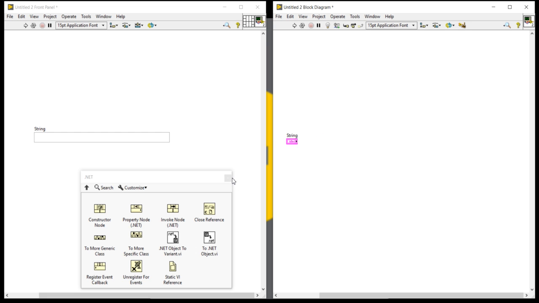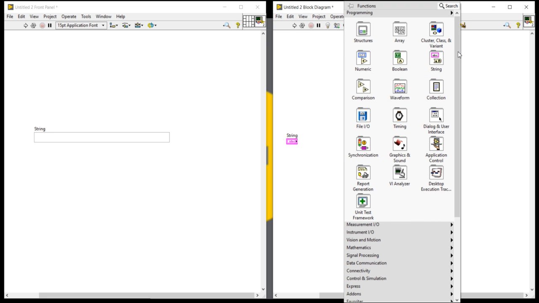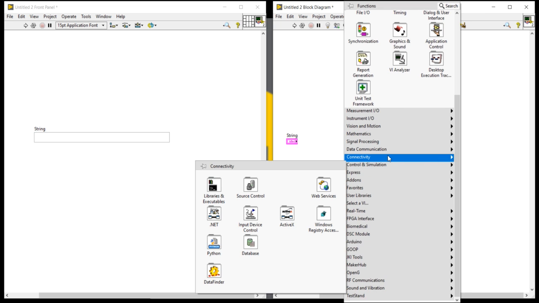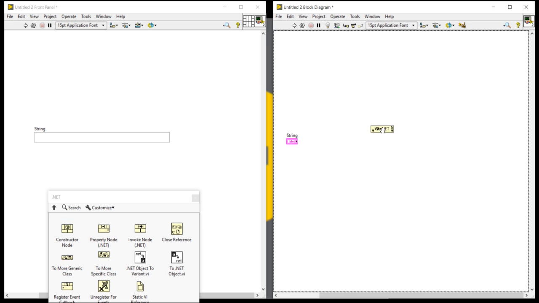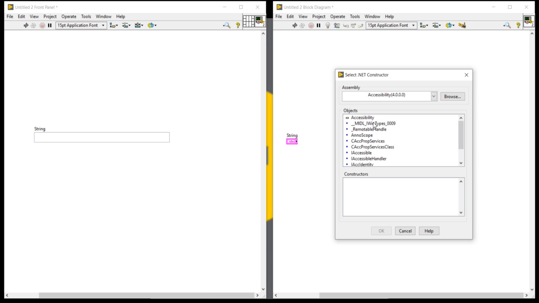Right click here, come into connectivity, there .NET, take a constructor node. Now select the .NET constructor node. In the assembly, you are getting accessibility 4.0.0.0.